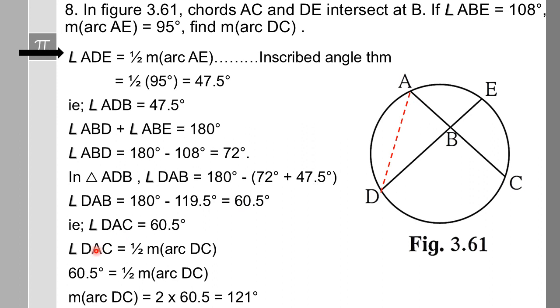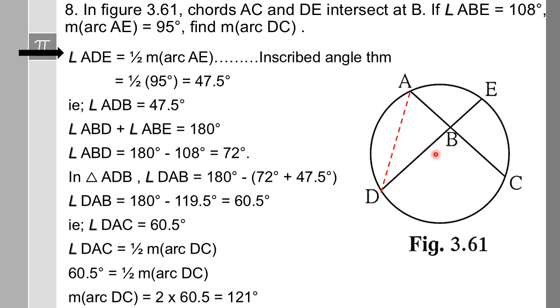So angle DAC is equal to half of measure of arc DC. Here, DAC is an inscribed angle and DC is the intercepted arc. So by the inscribed angle theorem, angle DAC is half of arc DC. To find DC, it will be twice angle DAC. So 2 into 60.5, you will get the answer to be 121 degrees. Okay, so gradually, with this one construction and a few steps,